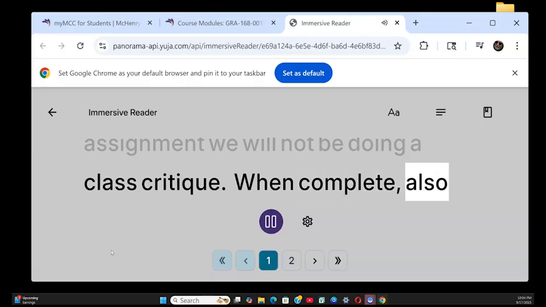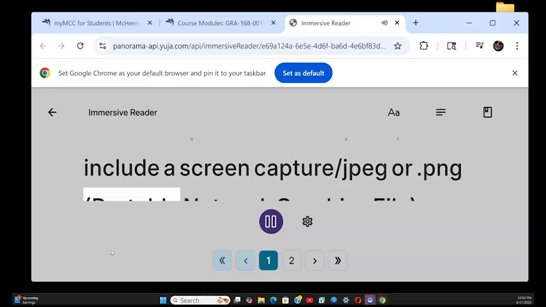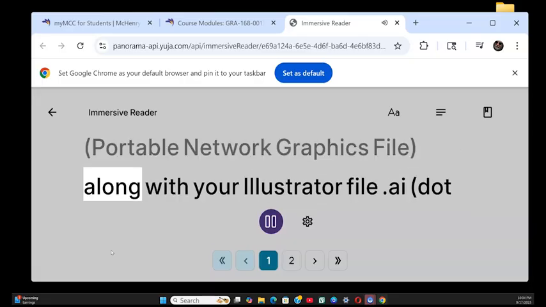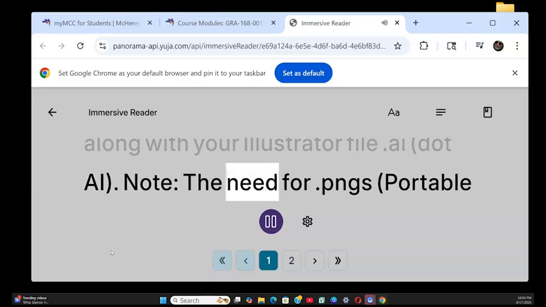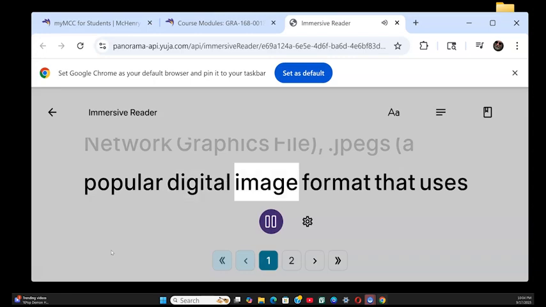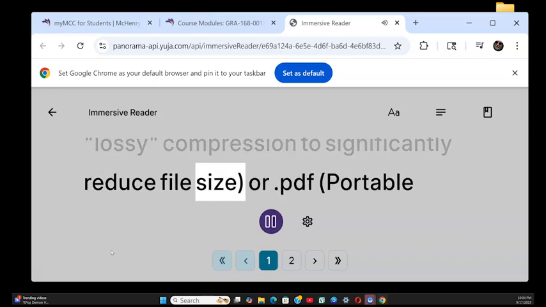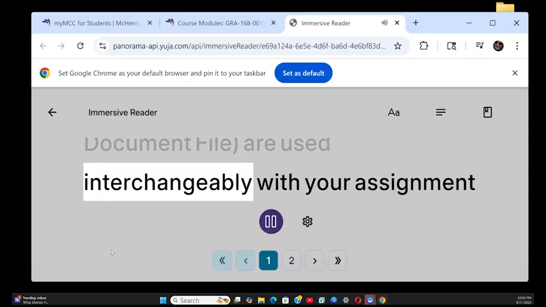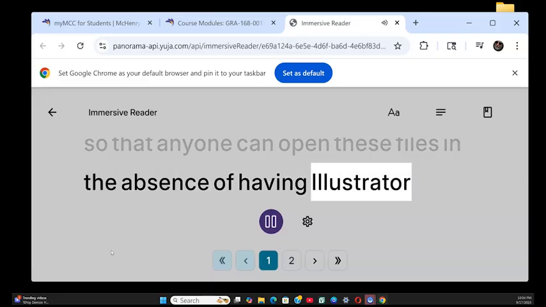When complete, also include a screen capture, JPEG or PNG, portable network graphics file, along with your Illustrator file, .ai. Note the need for PNGs, portable network graphics files, JPEGs, a popular digital image format that uses lossy compression to significantly reduce file size, or PDF, portable document file. These are used interchangeably with your assignment so that anyone can open these files in the absence of having Illustrator installed